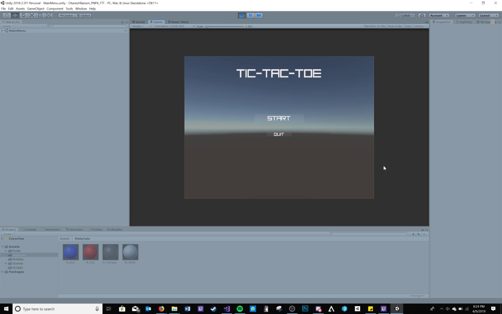In the main menu, there will be two buttons: a start button as well as a quit button. For the start button, it will transport the player to the game. For quit, the player will exit the